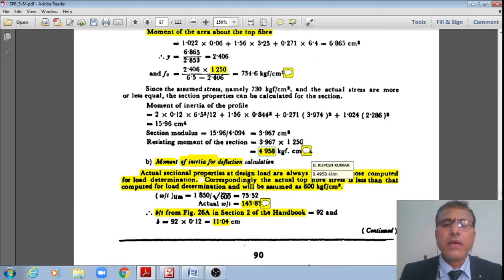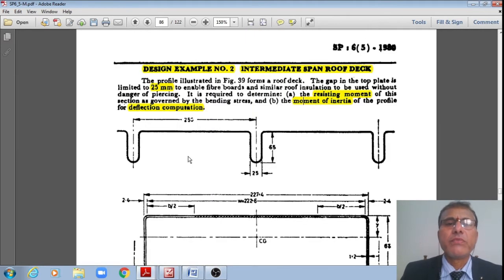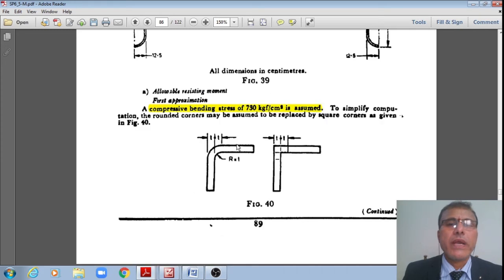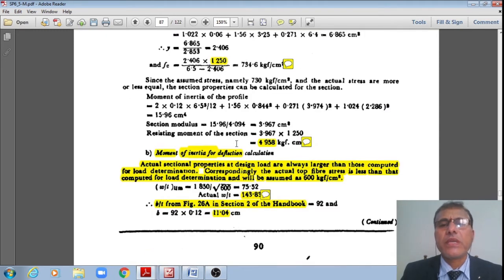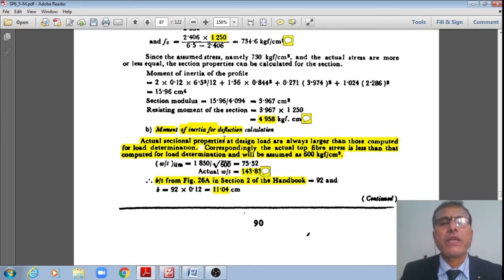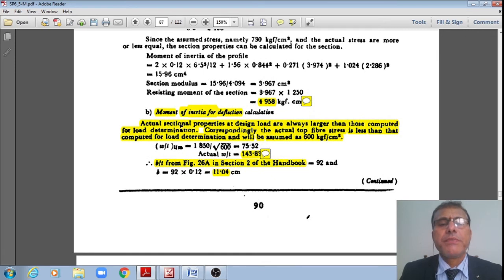That is how these light gauge steel profiles will resist very less moment, right? However, for this 250, if you want more moment of resistance, then you can change these dimensions, 250 to a very closer dimension, maybe some 120 or so, right? Then you get more moment of resistance. You can calculate afresh, right? That is how. Next is the moment of inertia for deflection calculations, right?